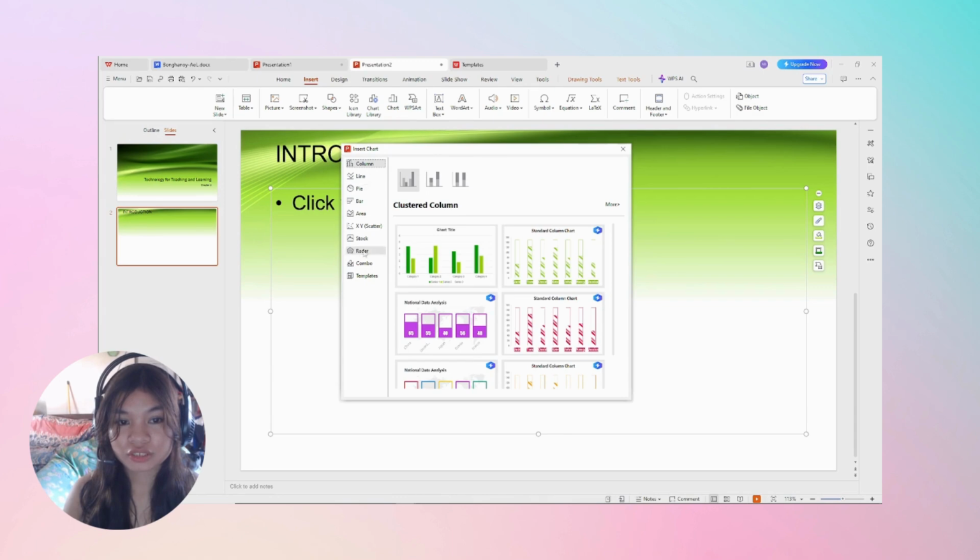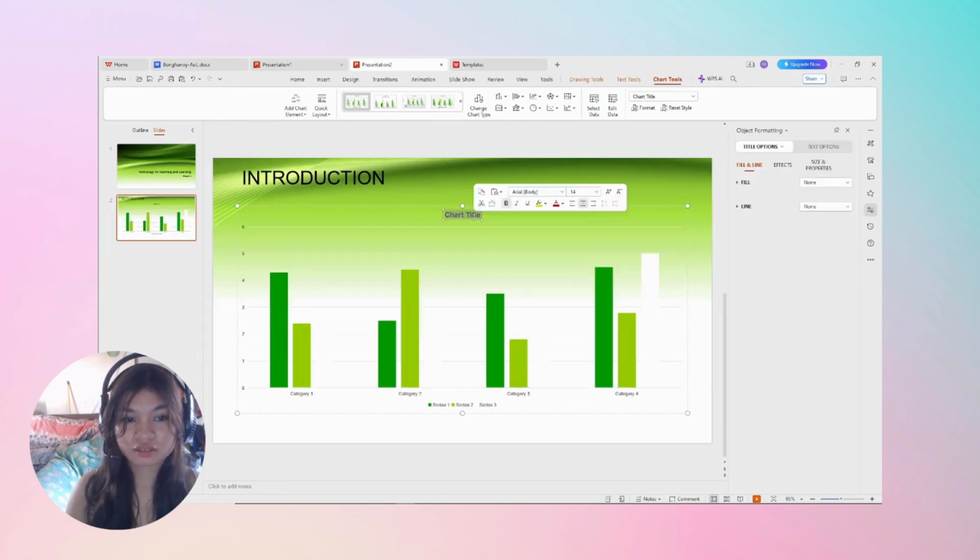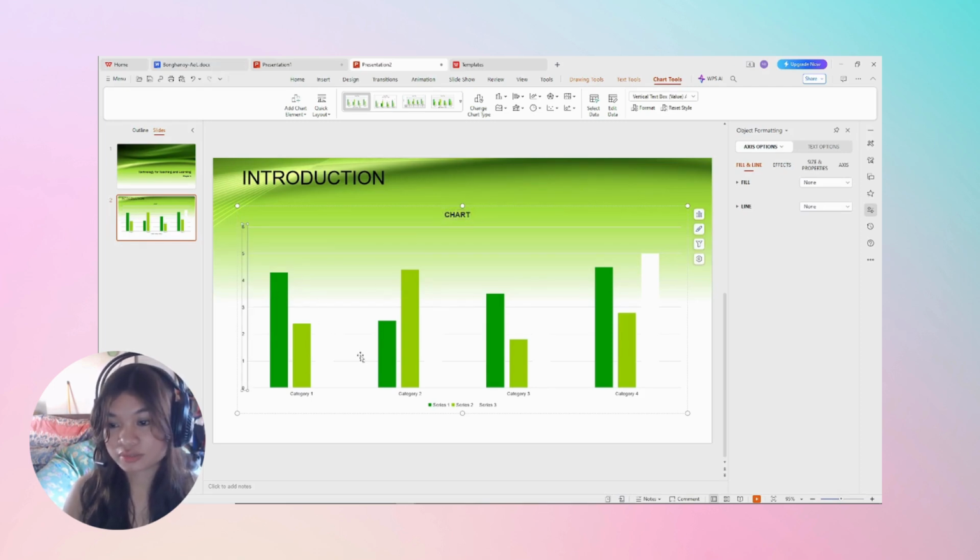So for the chart, you can choose any kinds of chart you want, and the design is there. So click that, and you can also edit all the title or any details in the chart. There you can edit.